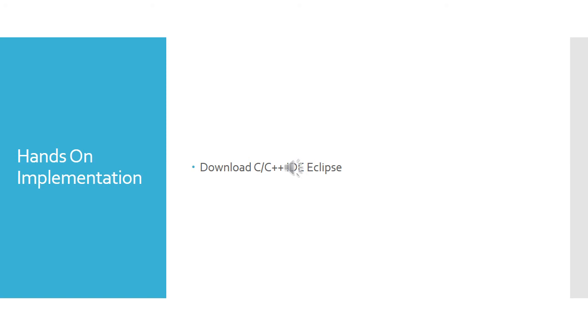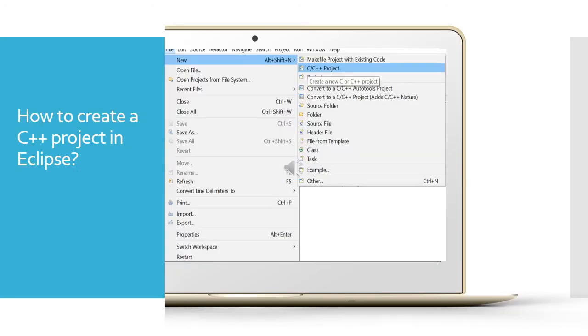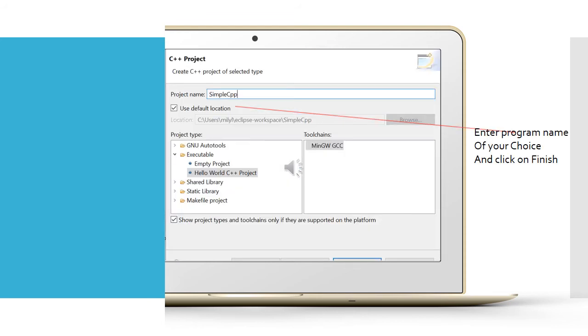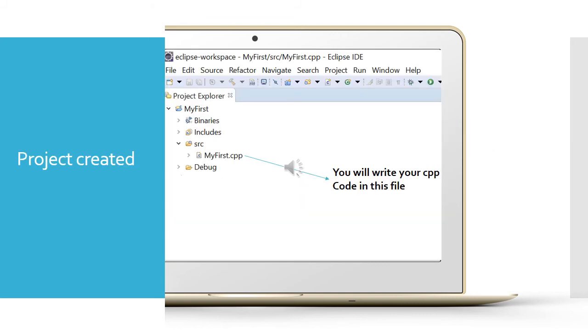To try out the concepts learned so far, you can use the Eclipse IDE to do hands-on practice on C++. Create a new C++ project in your Eclipse; the given image will help you to create one. Once you see this screen, you will know how to create your own C++ project in the Eclipse IDE. Follow the steps. Your project will be created in such a way that you can see it in the IDE.